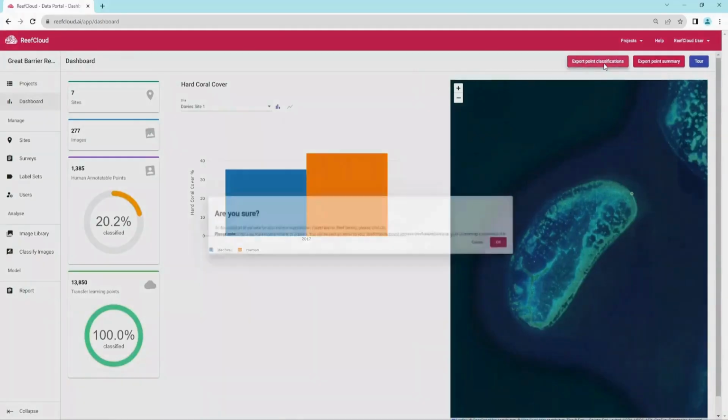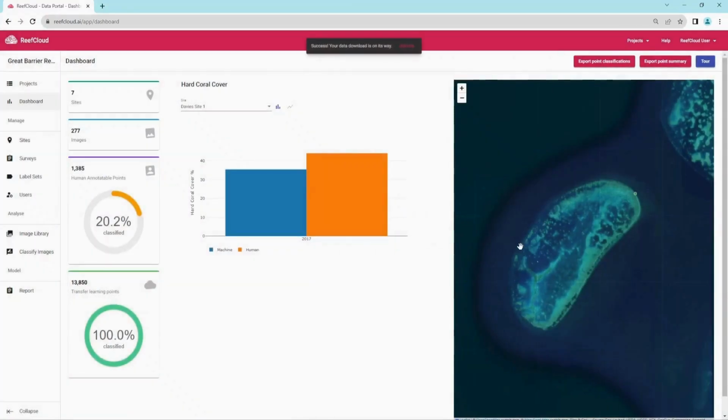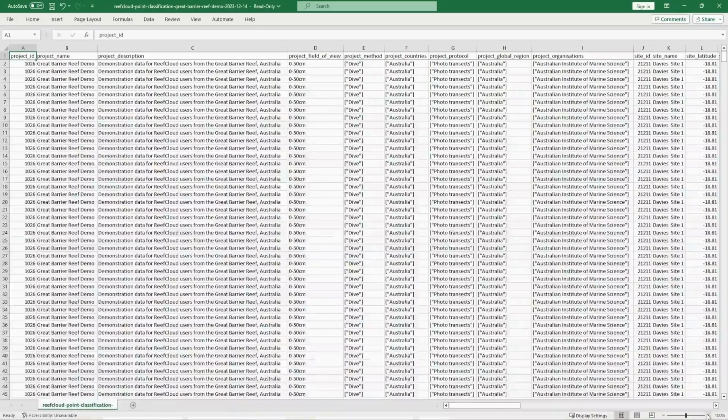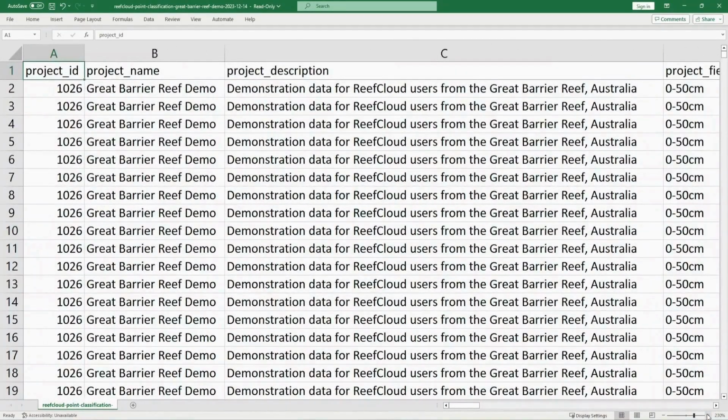Alternatively, if exporting point-specific data, the point classifications file will look like this, where each line relates to one human annotated point within the whole project.